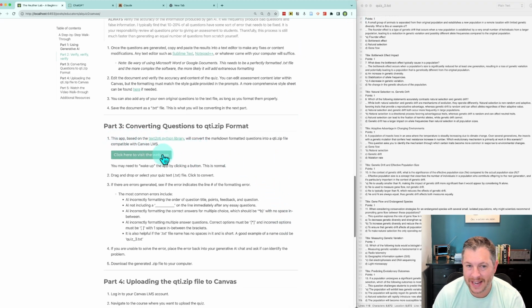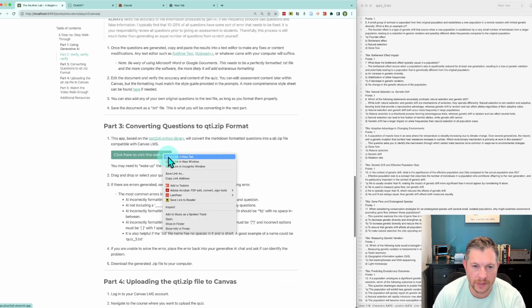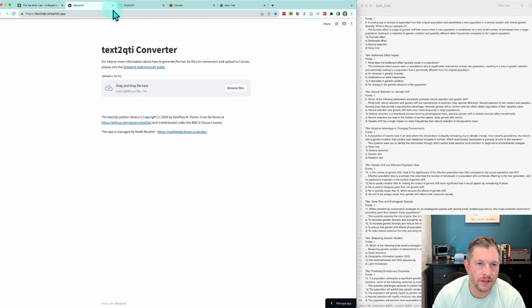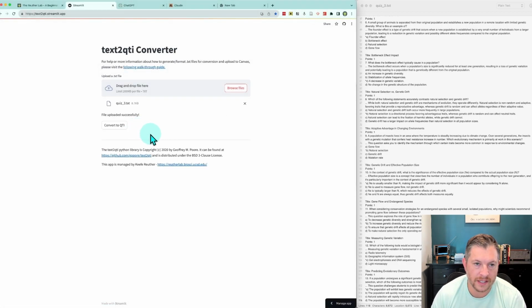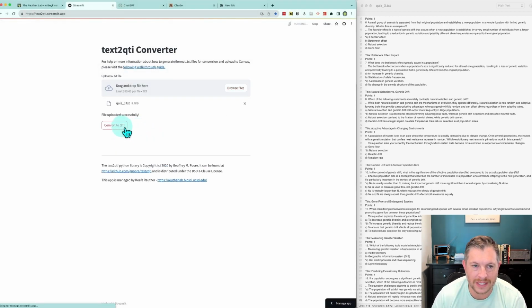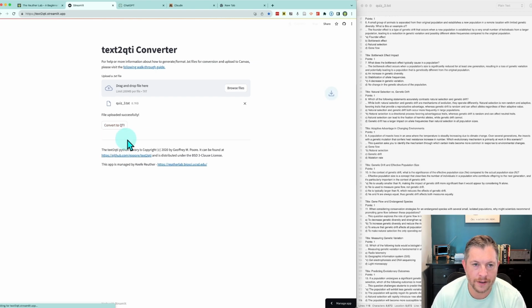Now that we have that, we can go to the web app. So in part 3, click on the button, and you can see here, this is the web app I've created. There's some links for further instructions, but it's very simple. You just go to where that quiz file is. It's uploaded successfully. You click the convert to QTI, and if there are no errors, then you're allowed to